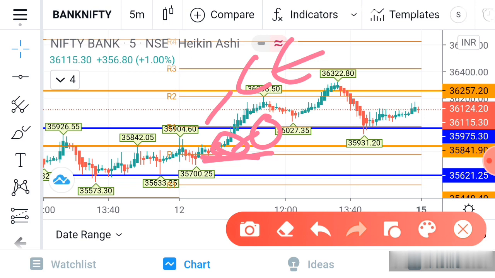And if it is a proper breakout, it is not required to maintain a huge stop loss. So a maximum of 30 points is more than enough. If you trade around a 100 to 200 range, a maximum of 30 points stop loss is more than enough. And here you can see exactly how you will get the trend of Bank Nifty also.